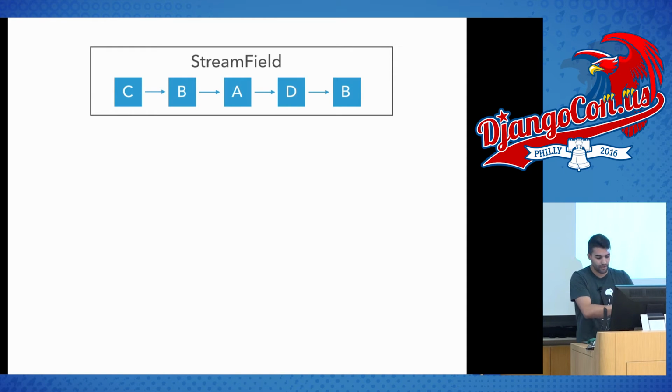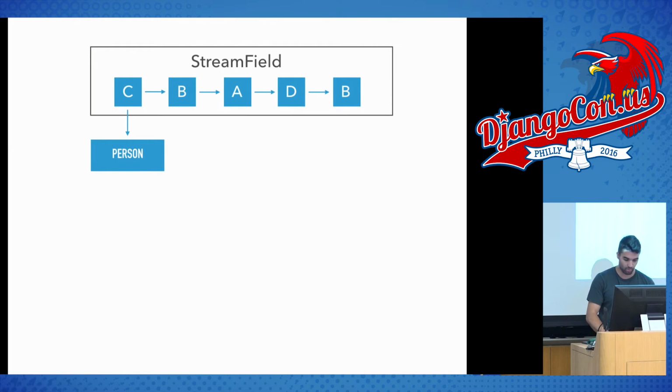So StreamField, you can think about this, if we know that StreamField exists on that page model as just JSON formatted text, we can think of each one of these blocks as different types, and C is before B is before A. So every time you're rendering each JSON object, it's in an order, right? And these things are orderable too, so you can actually move the different blocks if you want.